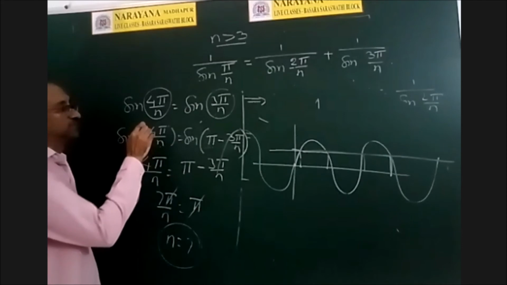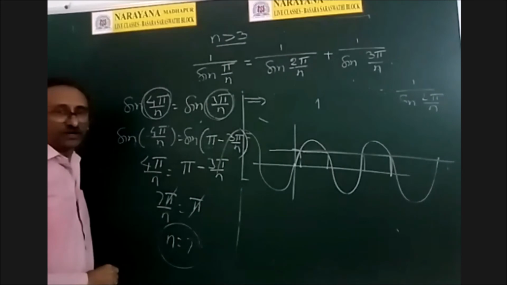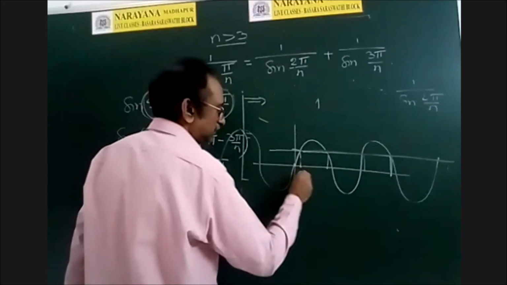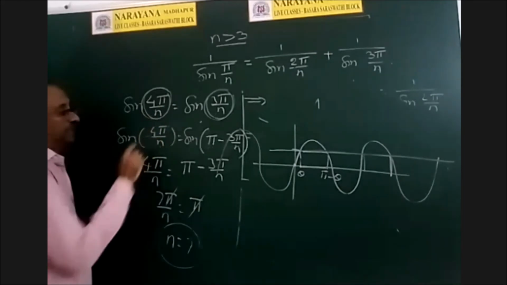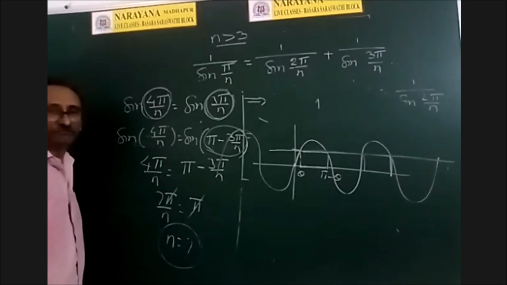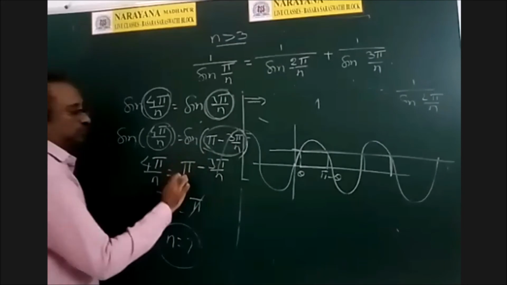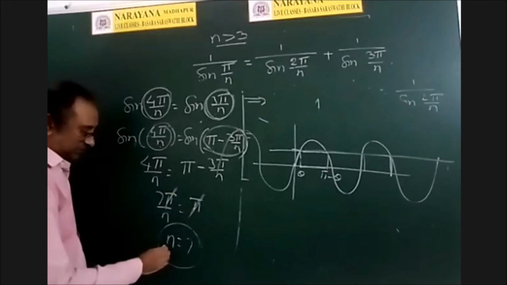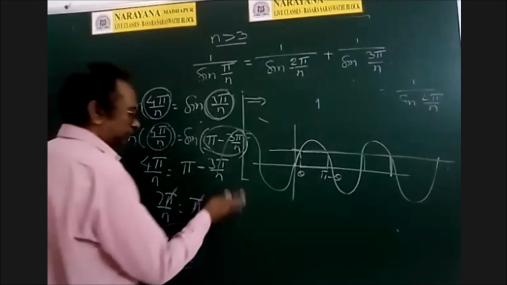Okay. So here what we observe is, suppose 4 pi by n is equal to 3 pi by n or not. It fails because we get 4 is equal to 3. So the next one is, after theta, we get pi minus theta. And therefore, sin 4 pi by n is equal to sin 3 pi by n is written as pi minus 3 pi by n. Now we equate these two and observe that 4 pi by n is equal to pi minus 3 pi by n. That is 7 pi by n is equal to pi. Pi cancelled. So n is equal to 7. Of course, there may be so many n, but whether they are integers or not, that is the question.